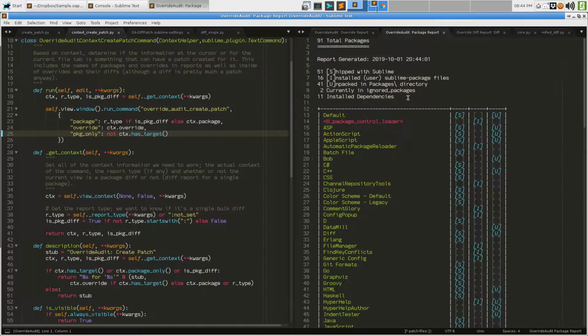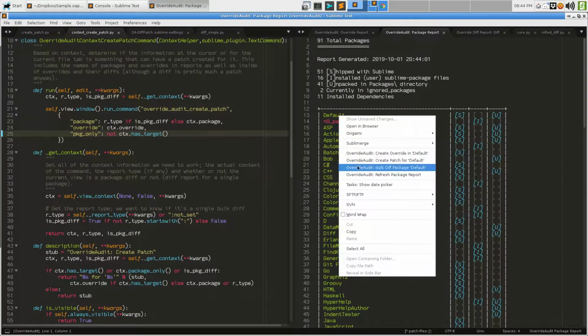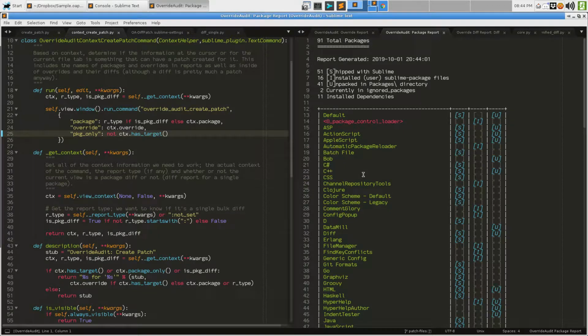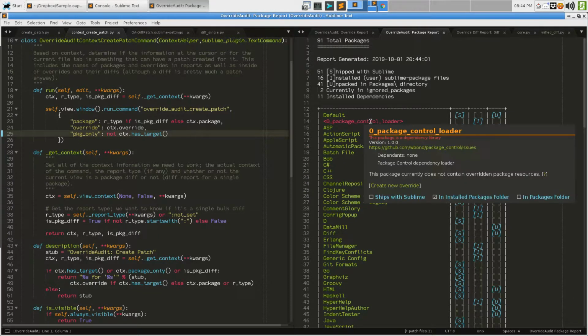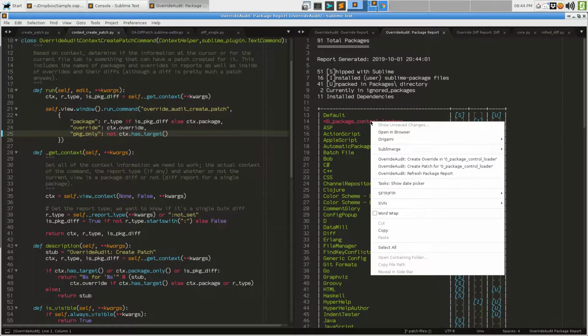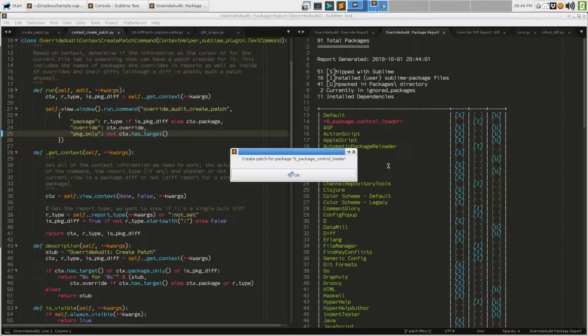If we had a package report, all we can click on is packages. This is something we haven't tested. But if I wanted to do this, can I create a patch for default? Yes, and it's the whole package. Can I do it for this? The answer should be no, because there's no unpacked package. That part still works. That I remember. Yeah, there's no good way for us to know that per se. Well, we could add it in as a matter of fact, but